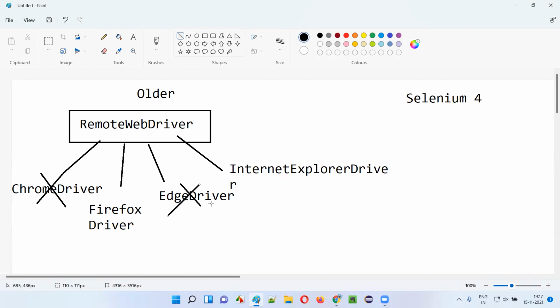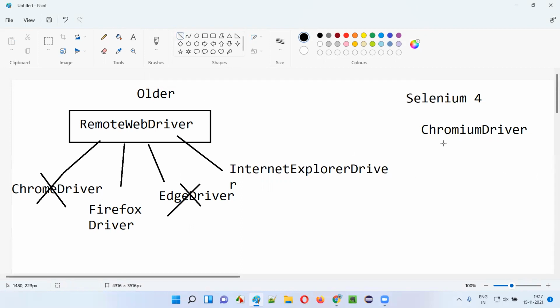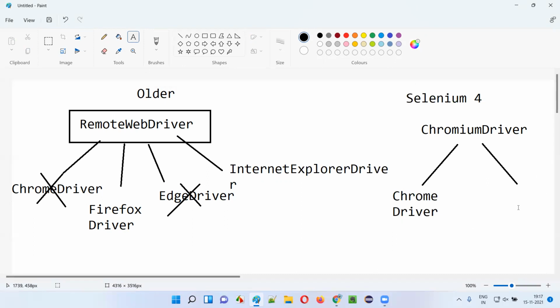Now the Chrome driver and Edge driver in Selenium 4 are the child classes of the Chromium driver. Under Chromium driver, now we have the Chrome driver and Edge driver.